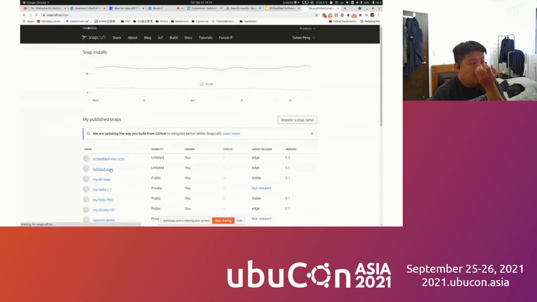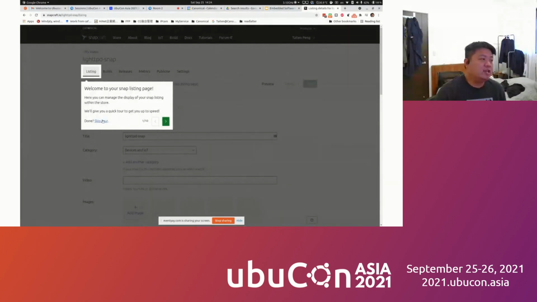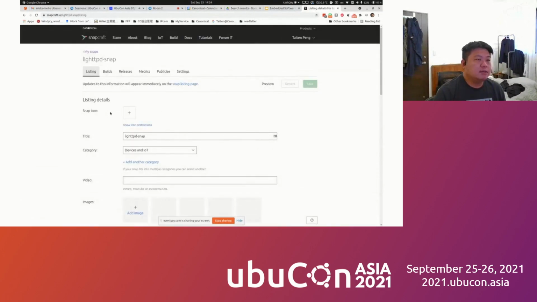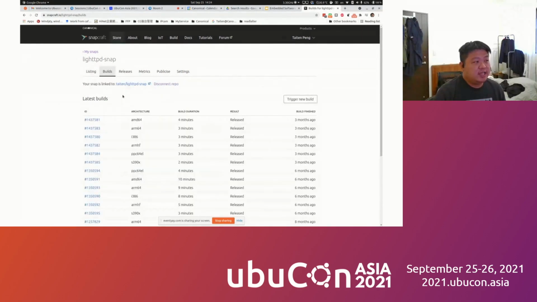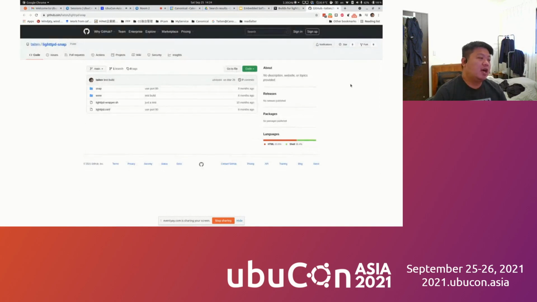So this is a small snap that I already created on my account, and it's also linked to my GitHub repo already. So you can see I already did that, and this is a link that links to my GitHub repo. So let me just check my GitHub repo on the page. This is a pretty simple snap that just presents a small HTTP server in a snap,